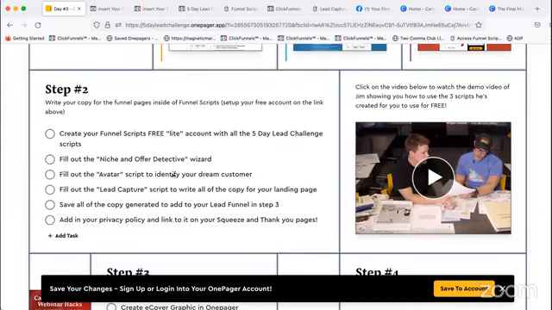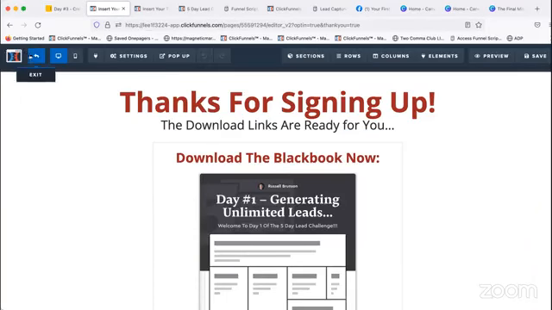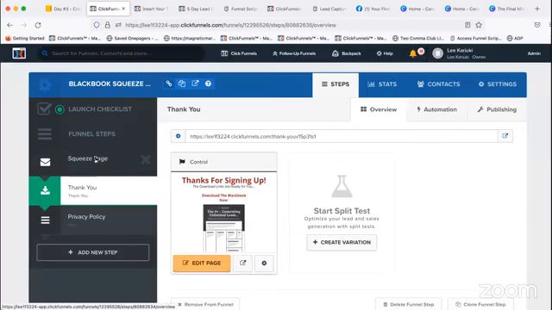the niche and offer detective, if you're still unclear on who your dream customer is and what market you're going after. And then, of course, the avatar, because if you're still fuzzy on your niche, what your offer is, what you're giving away, or your avatar, the lead magnet will amplify the lack of clarity, right? So it's really important you get really clear on who your dream customer is, where's the hole, meaning where's the gap between where they are and where they'd like to go, and then come up with a fantastic lead magnet,